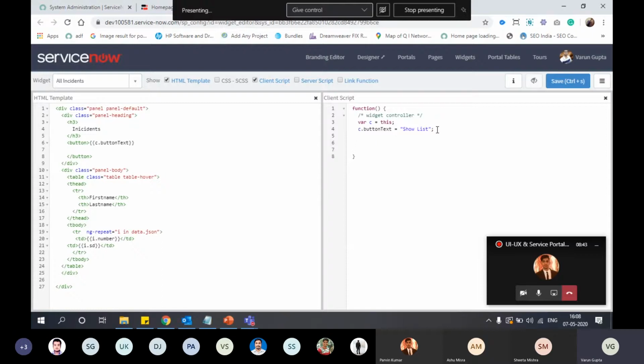I will take one more. We will write a function on click of this button. C.status not is equals to.